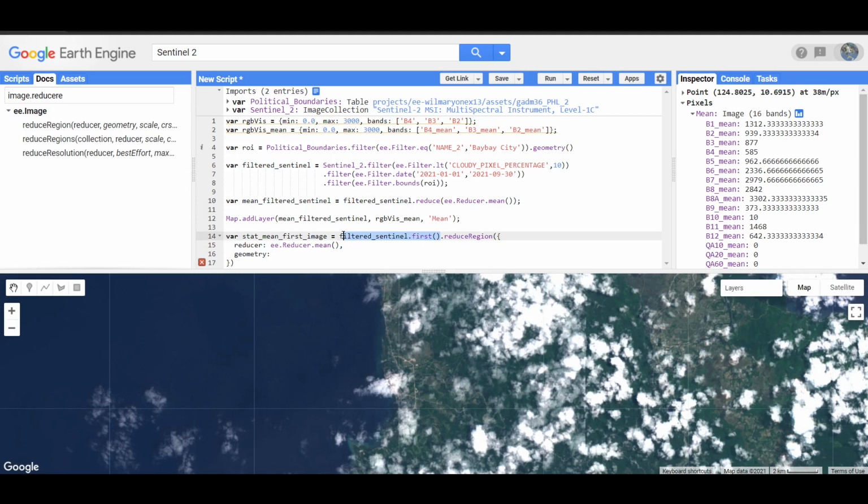Okay, so let's try this. First image in our collection, dot geometry, converting it to geometry. We've done this before. And then the scale. It's a good thing